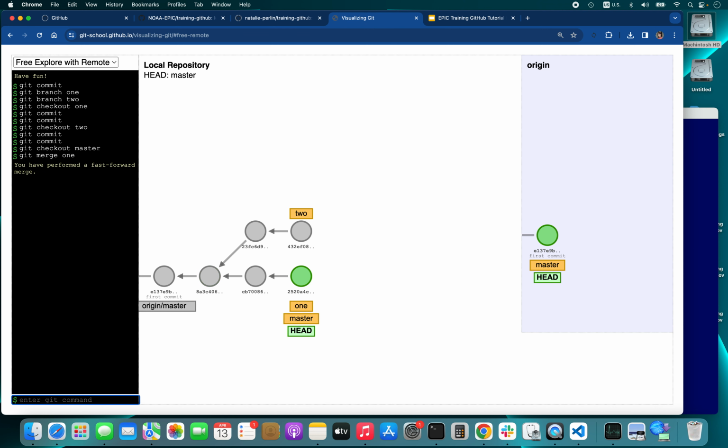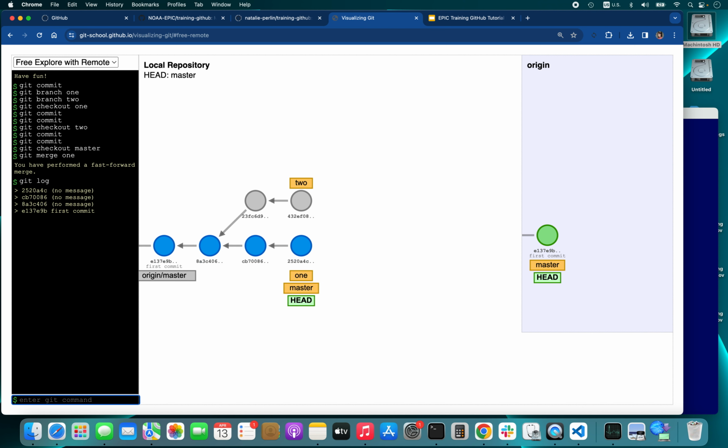Then, as you can see, head points to master, that is in sync with the 1 branch. And if we do git log, it will show that there is a linear history of logs. When we merge branch 2, do git merge 2,